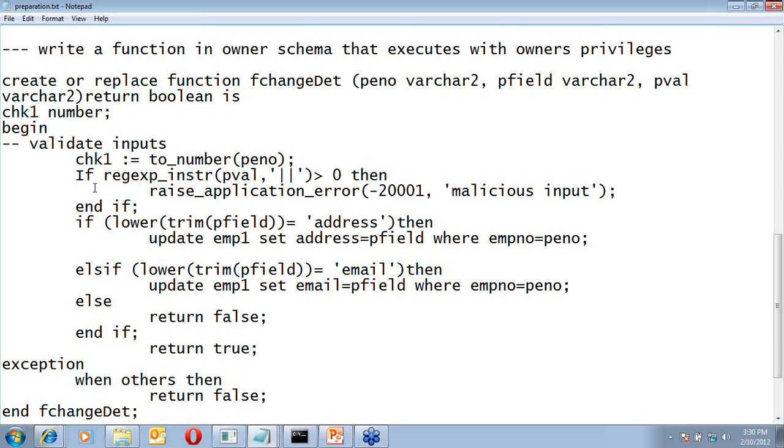So here I use a simple function to convert it to a number and try to put it in one local variable which is a number.